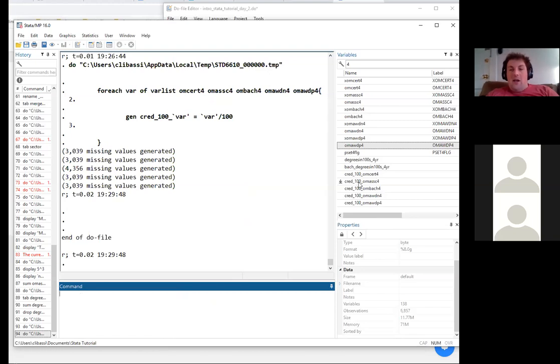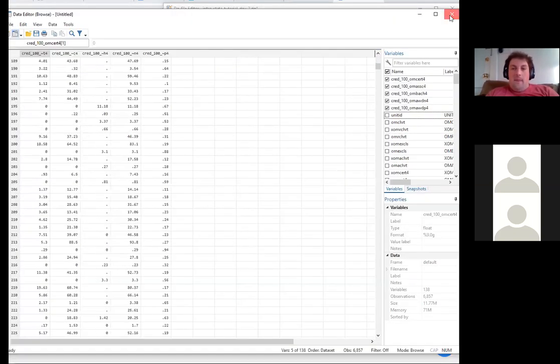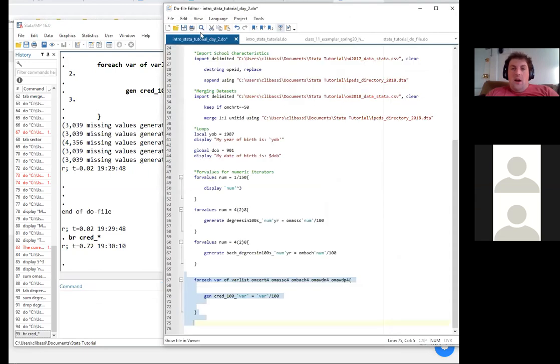I've got cred100_assoc4, cred100_bach4, cred100 whatever, the rest of these, right? And you can see that these cred100 variables have been divided by 100 effectively. Okay, so that's a foreach loop